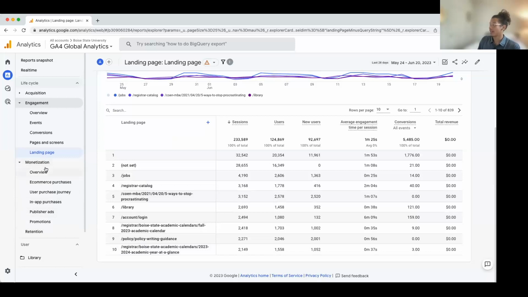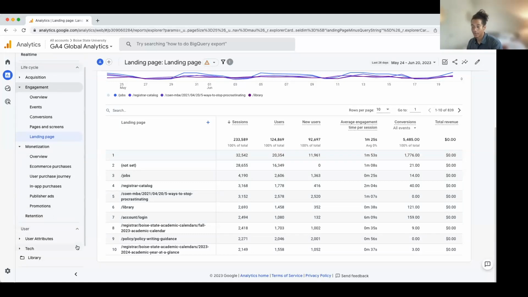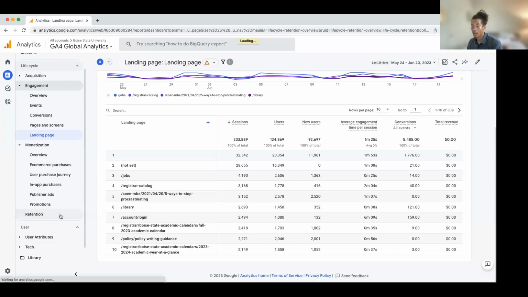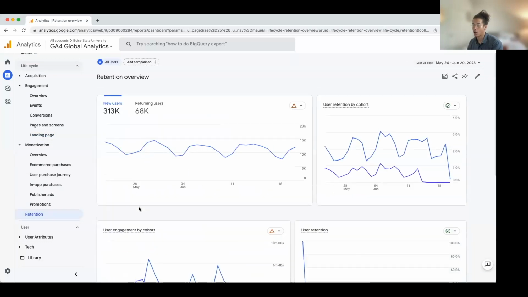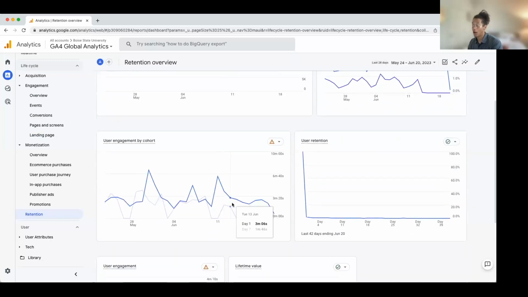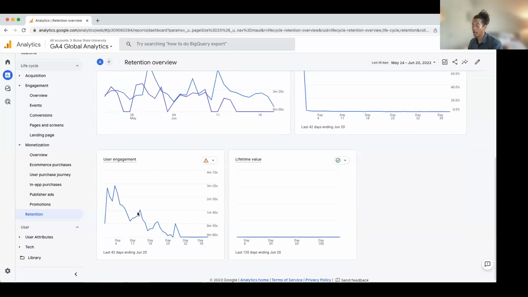I don't think we need to get into monetization. This is more for our e-commerce online stores. And then retention is really just giving an overview of new versus returning users and user engagement over time.